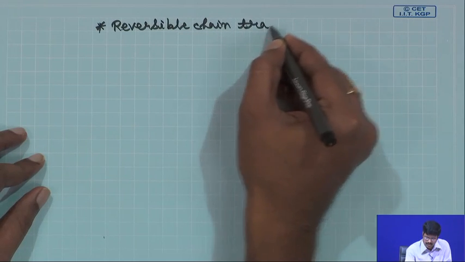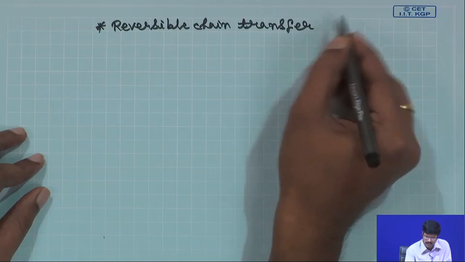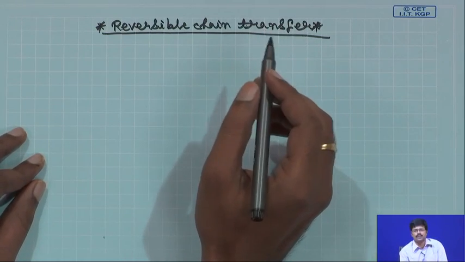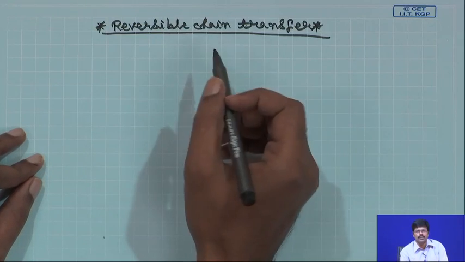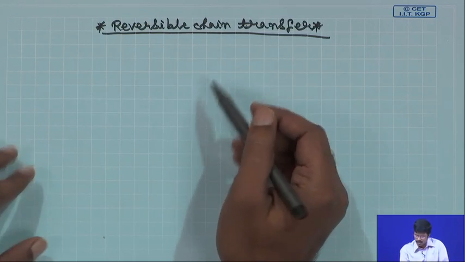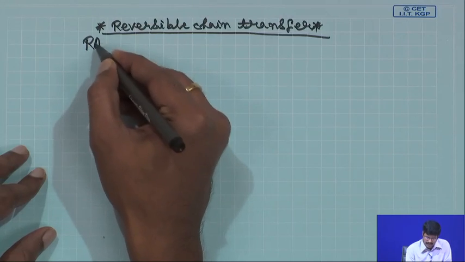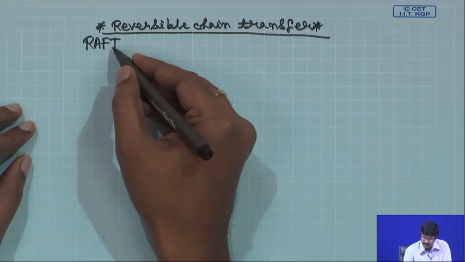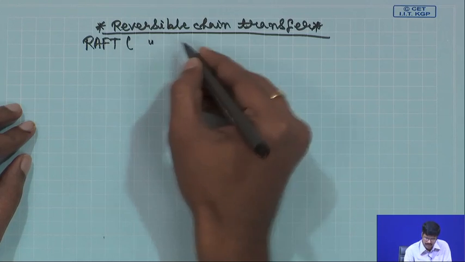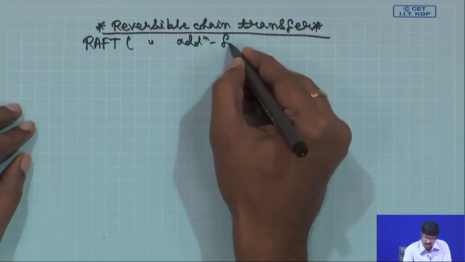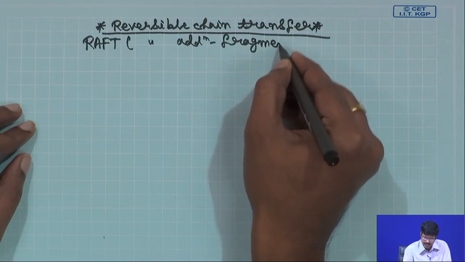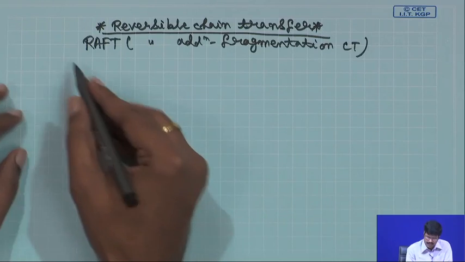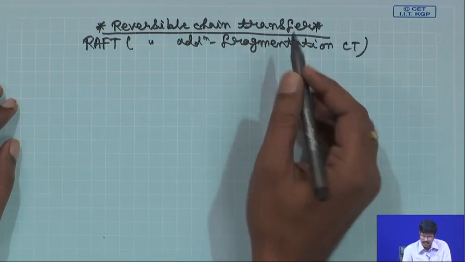Because we said that there are two ways you can make the polymerization living. One is reversible termination, of which we discussed two different classes of reactions, ATRP and NMP. Another is reversible chain transfer. So, this is basically RAFT polymerization that falls under this class. This is reversible addition fragmentation chain transfer. So, the overall reaction is, you have a chain transfer that is happening, and through that